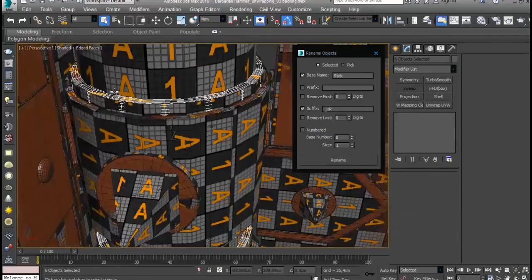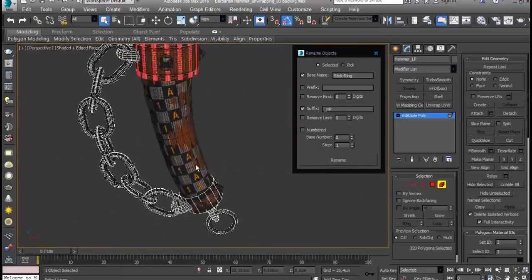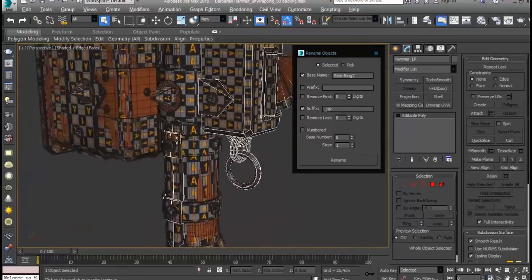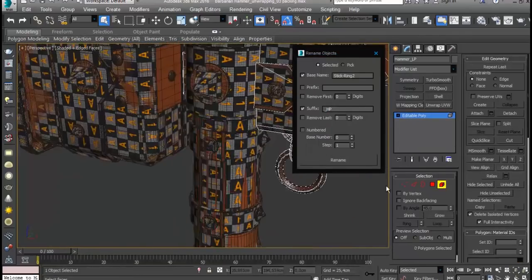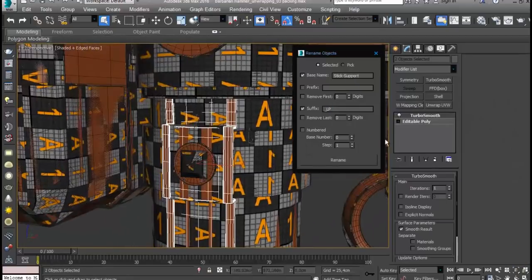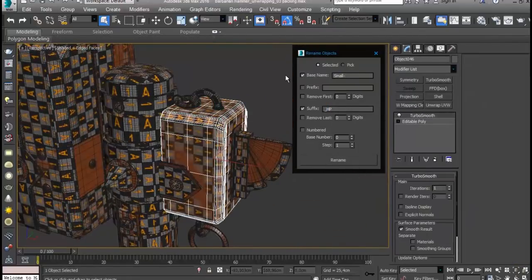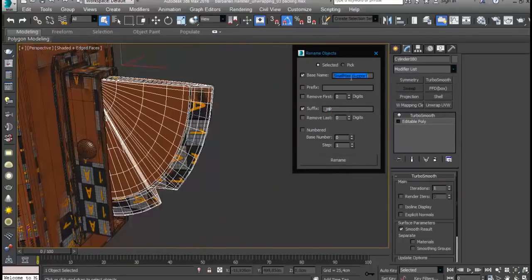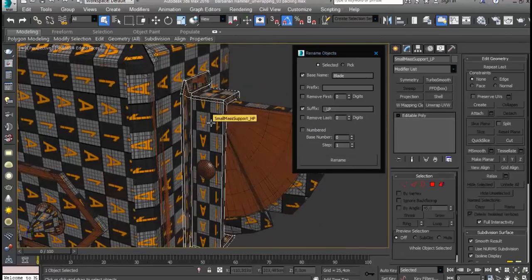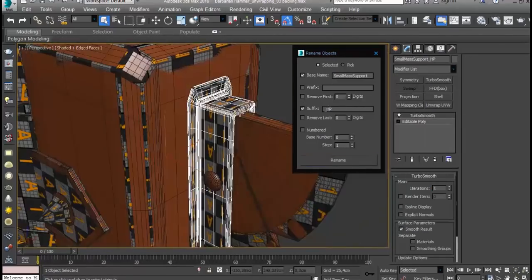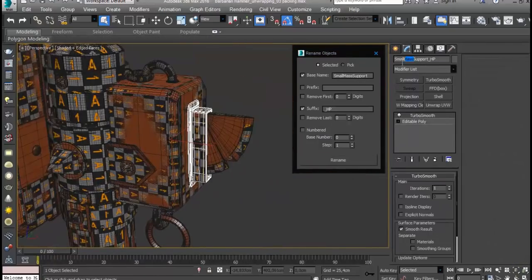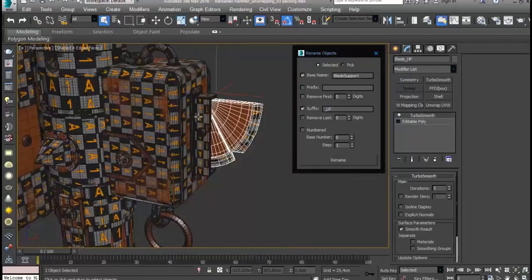So here we're trying to do our job. Since the low poly model is attached, all the pieces are attached together, and the high poly pieces are obviously detached. So what we'll do is select all the pieces from the high poly and give them a certain name. For example, let's just say stick underscore LP, and the high poly does not only have a stick but also some details